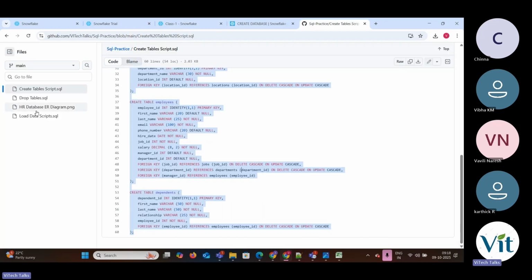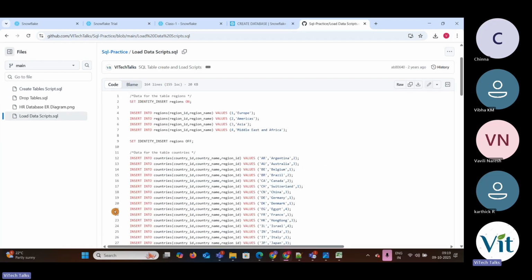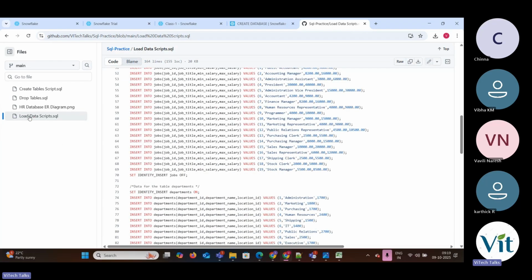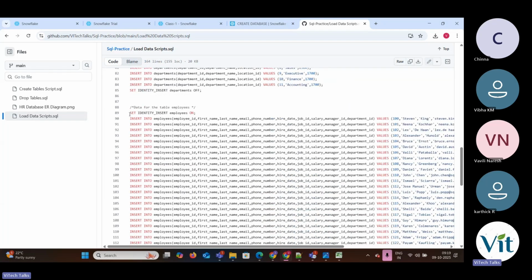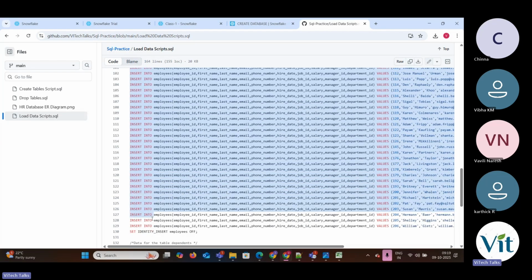Then you need to load the data. There are load data scripts also. I have written them already. Insert scripts, load data scripts. Go to employees. Remove this, the set identity insert is not required. Copy from line 90 to 130. Just copy,